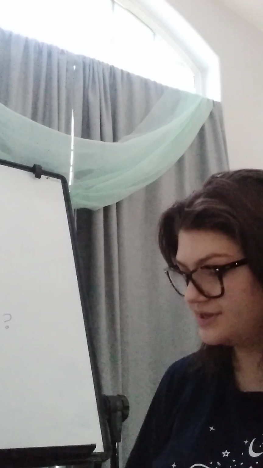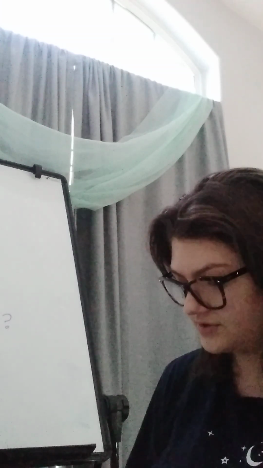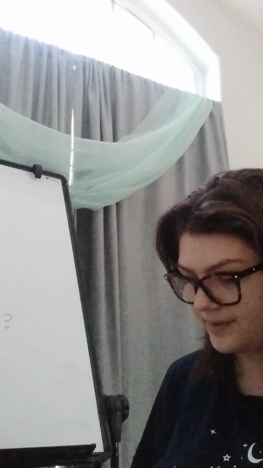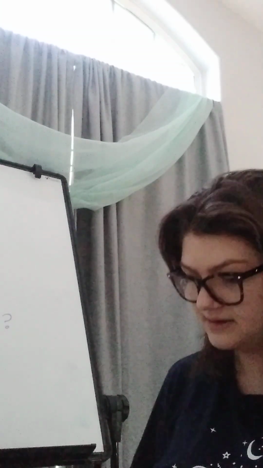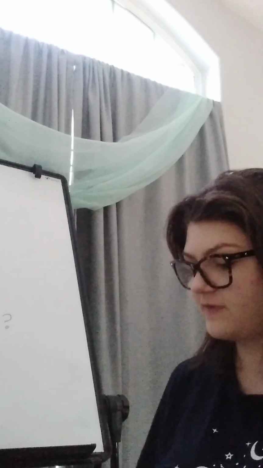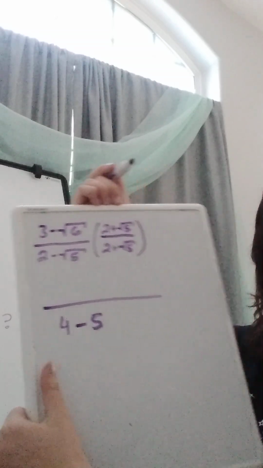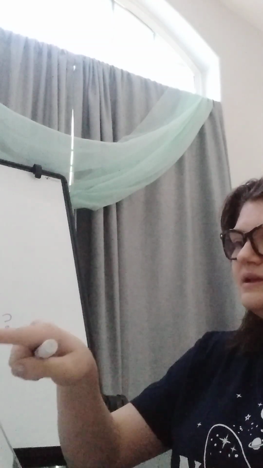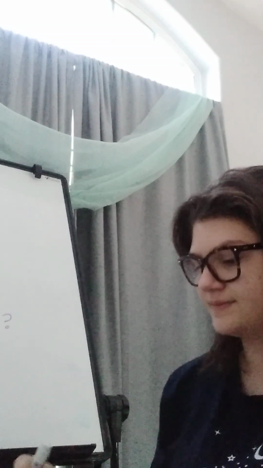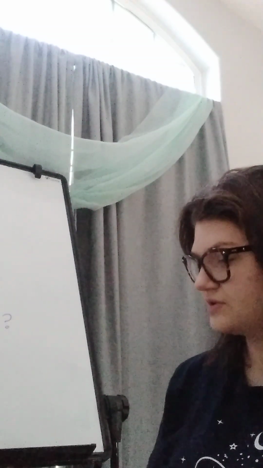So what we will go ahead and do here, I'll do the denominator first. So 2 times 2 is 4. We're going to have a minus sign because of the minus square root 5, and then 5 in the denominator, right? And then here we have 3 times 2 is 6. 3 times the square root of 5 is going to be plus 3 square root